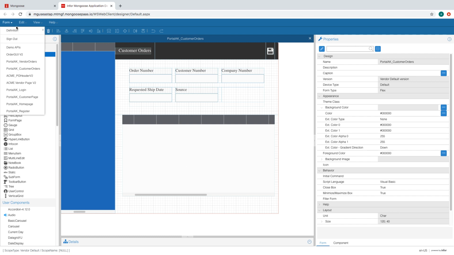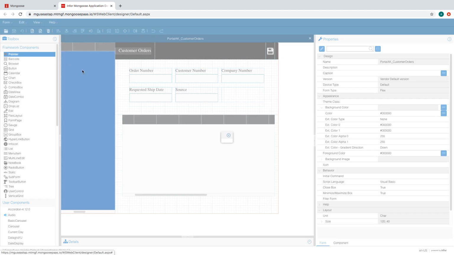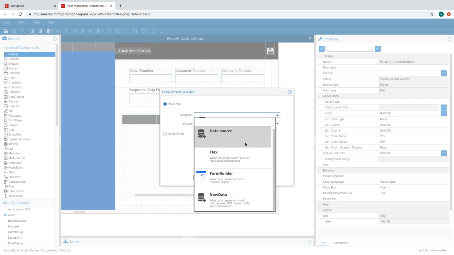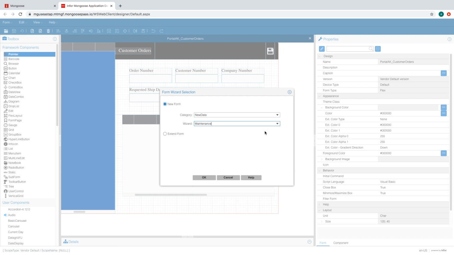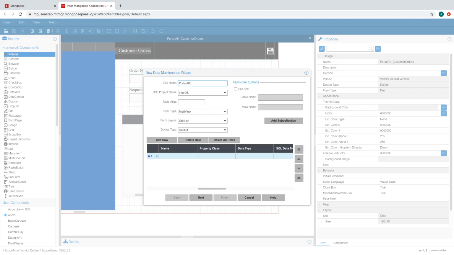Now we're going to build the IDO for our customer orders. Form definition new. For the category, select new data. The wizard will be maintenance. I will name my IDO portal AK_ M3 customer orders. Give it a table alias, and let's add our properties. Our first property is comp num, so that's the company number. Second is the customer number, cust num, order date,